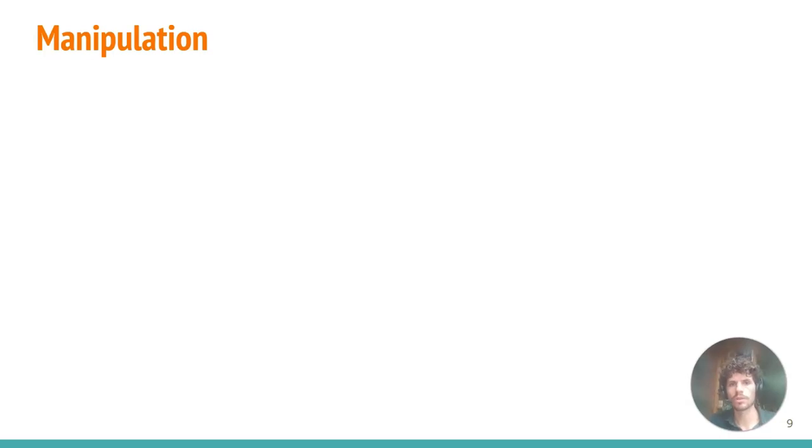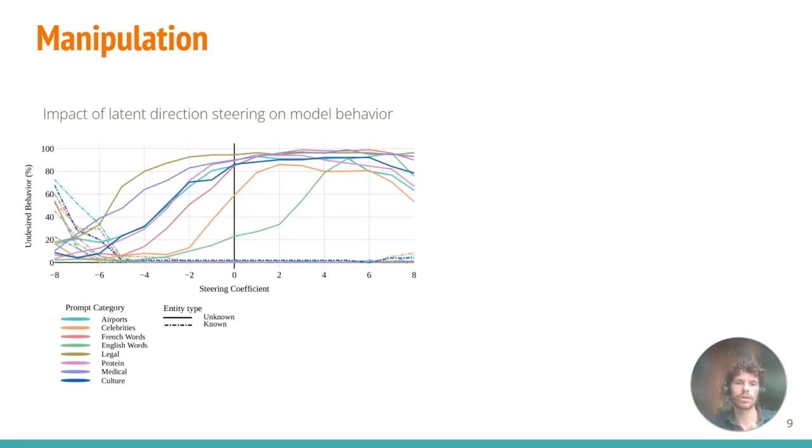To go further towards showing that this direction between our two contrastive data sets in the inference space is actually related to confabulation, let's establish a causal relationship by manipulating this direction. So we're going to push the inference of our model with a simple addition in the inference space towards confabulation or in the opposite direction. So we're going to have a steering coefficient that is positive or negative.